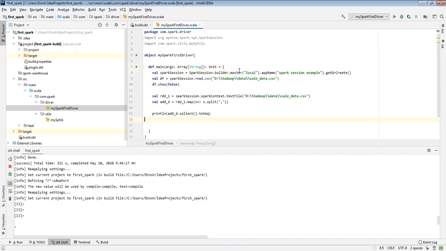So this is your driver, and this is your main class. Your project should be in this format only.